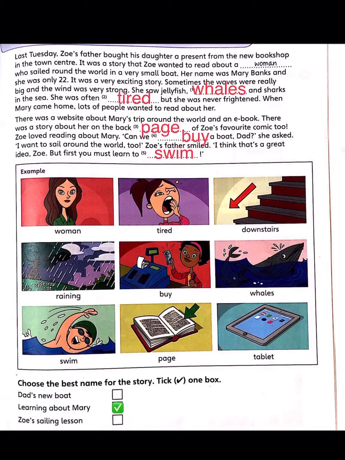So, did Zoe's father have a boat? No. So the first name for the story is not right. About number 3. Did Zoe have a sailing lesson? No. So the third name is not right. And the correct one is learning about Mary. On this page you have all the answers. I want you to take the correction after reading, of course, the story many times, and see you